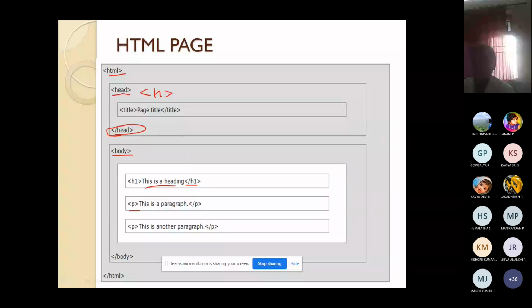For example, I'm going to add some paragraphs here. The heading is my website. I'm creating a website as Sandhya website, so I represent my website name here. Then the paragraph, which is just a brief explanation about me. I represent the paragraph with the p tag and end it with slash p.